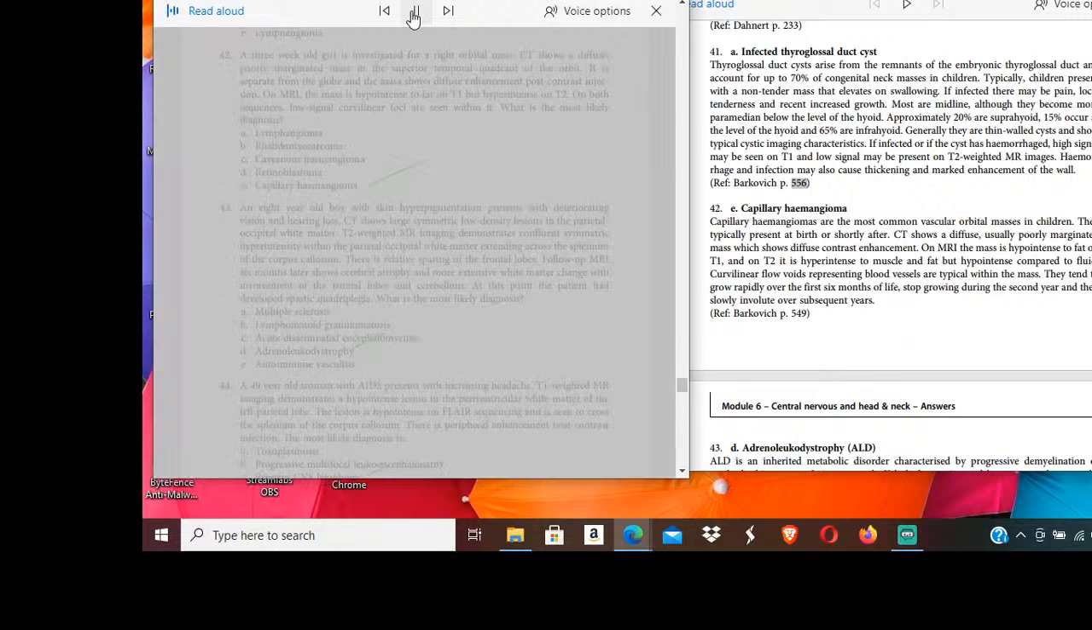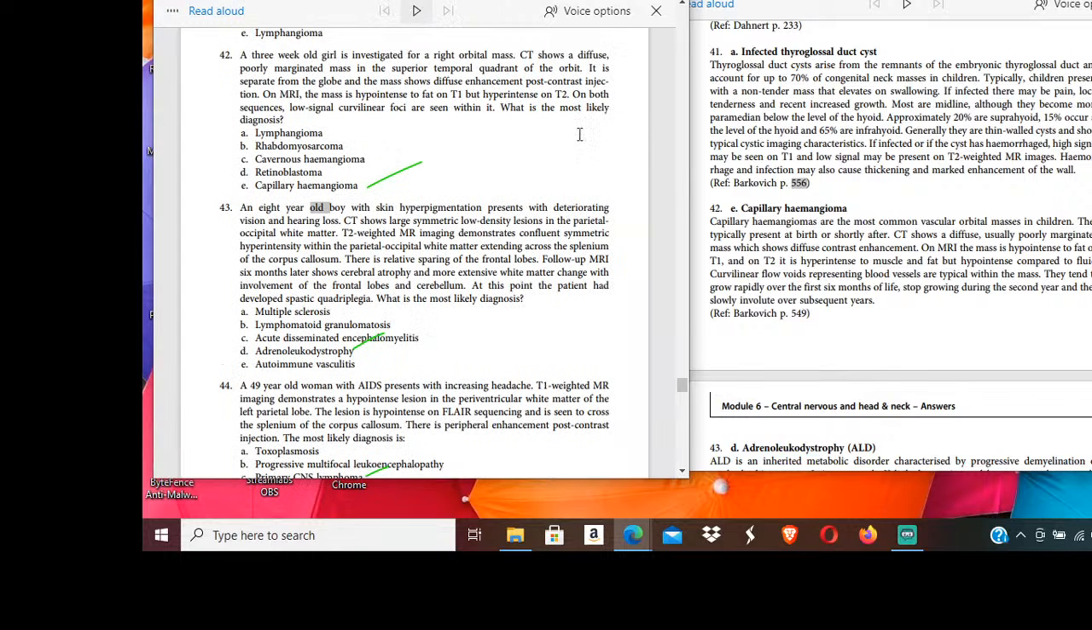E. Lymphangioma. 42. A 3-week-old girl is investigated for a right orbital mass. CT shows a diffuse, poorly marginated mass in the superior temporal quadrant of the orbit. It is separate from the globe and the mass shows diffuse enhancement post-contrast injection. On MRI, the mass is hypointense to fat on T1 but hyperintense on T2. On both sequences, low-signal curvilinear foci are seen within it. What is the most likely diagnosis? A. Lymphangioma. B. Rhabdomyosarcoma. C. Cavernous hemangioma. D. Retinoblastoma. E. Capillary hemangioma. 43. An 8-year-old